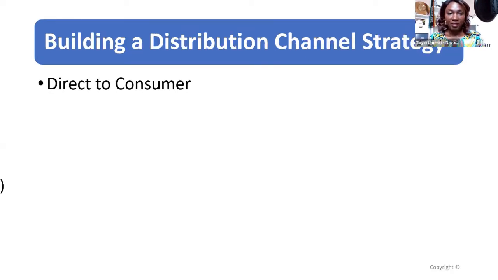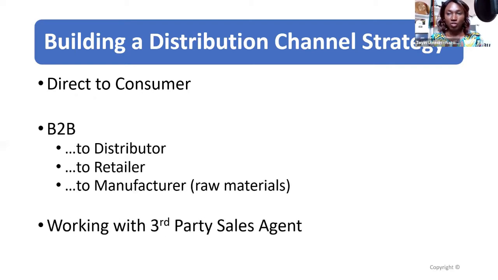Okay, let's build your distribution channel. Pretty much, distribution channel is just a framework of how you get your product into the marketplace. We've talked about direct to customers. You can use websites. You can use platforms like Amazon to get a finished product. And this is in particular for those importing products here. You're trying to get it direct to customer.